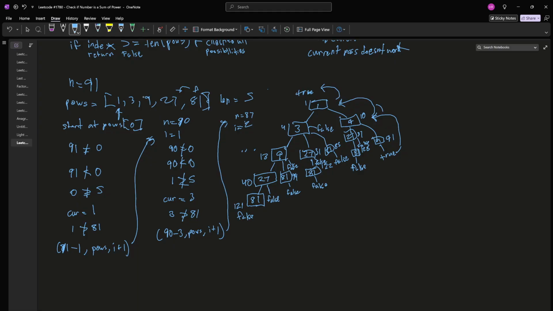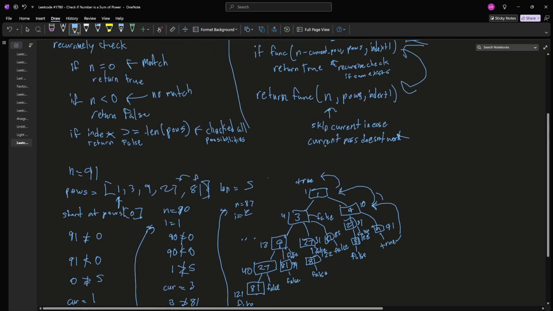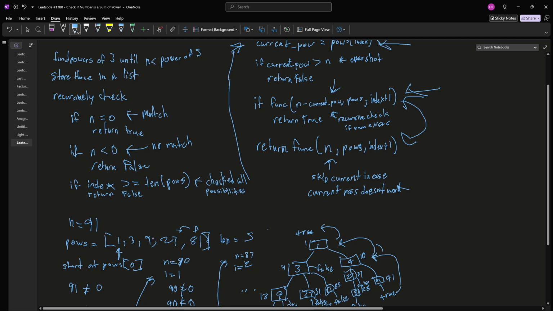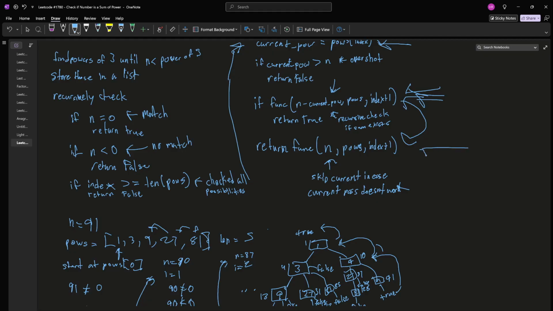We go to 9. Like imagine 9. 9 is still in this condition. So what it's going to do is get the false from 27. The false is going to go right here. The if statement is not going to get triggered. So then we're going to end up calling the function here, where we're going to increment the index